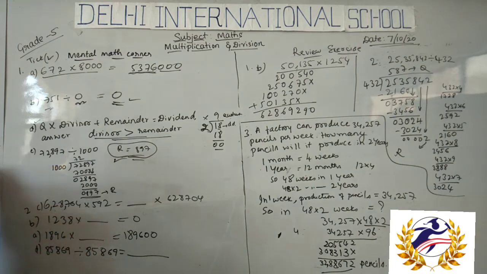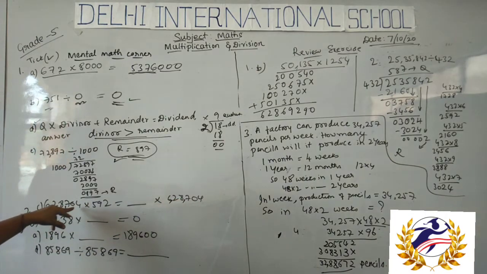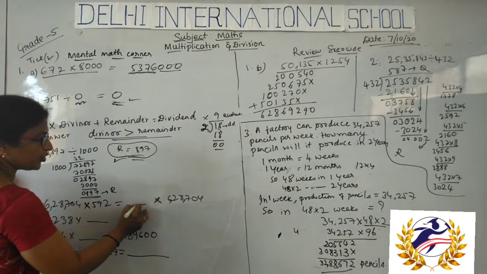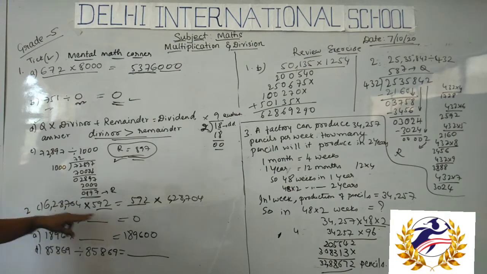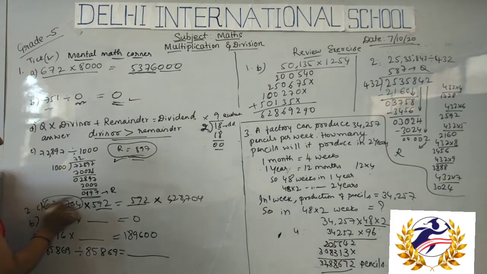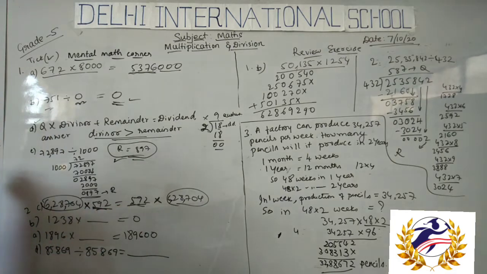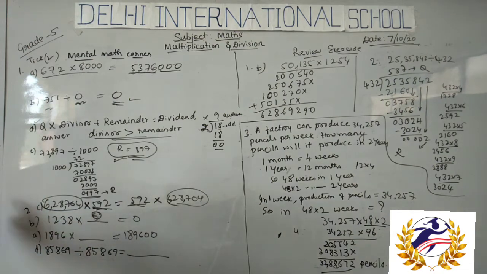6,28,764 into 592, and again you got 6,28,704, isn't it? So if these two are multiplied, then what should I get here? The same number which is present here. If the number is repeated after the equals, then this number should also be repeated. So 1238 multiplied by which number gives you 0? Always when any number is multiplied by 0, the answer will be 0 only.